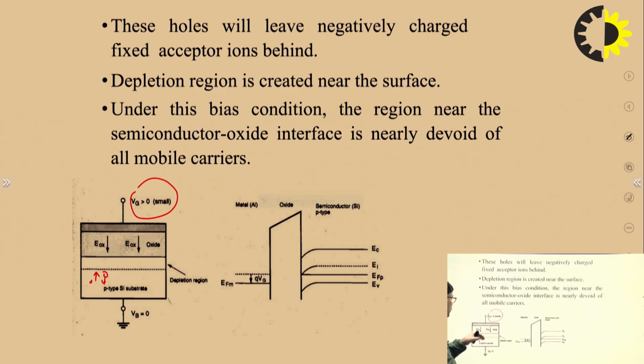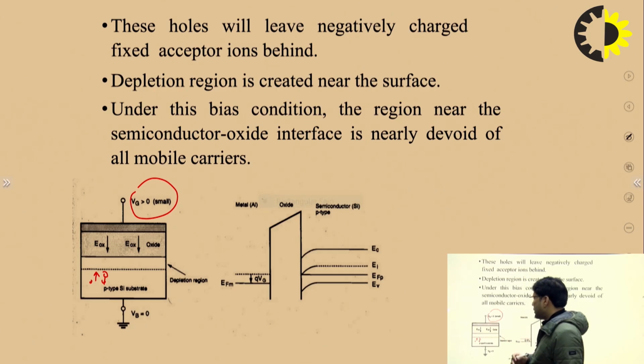Some holes and electrons are recombined at the interface of this region. That's why there are no electrons and holes at the interface of the silicon semiconductor and oxide layer. So there is no charge carrier present in this region, and only the immobile charge carriers are present. That's why this region is known as the depletion region, and this phenomenon